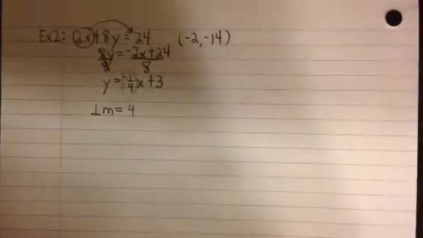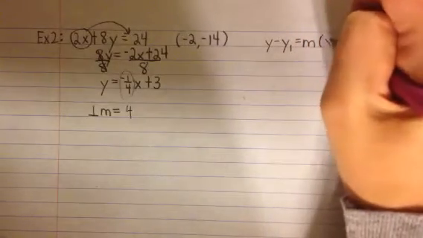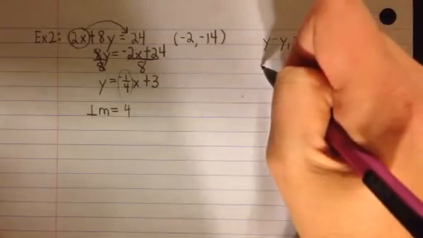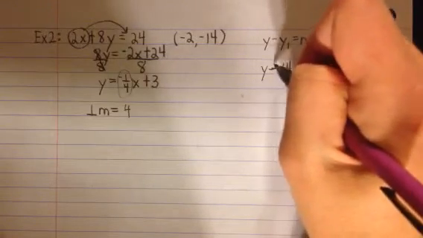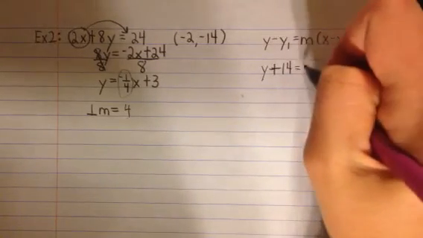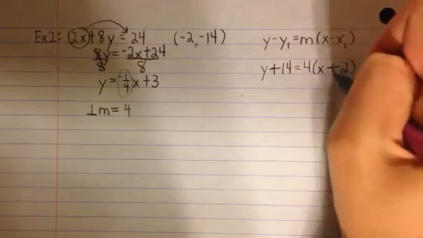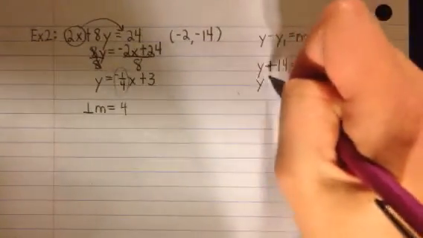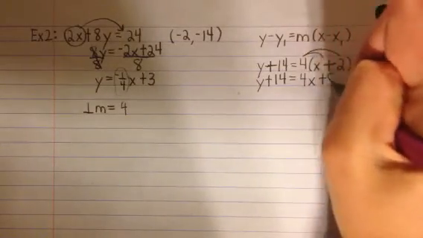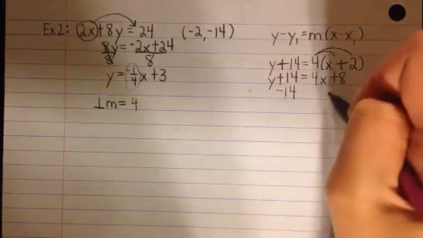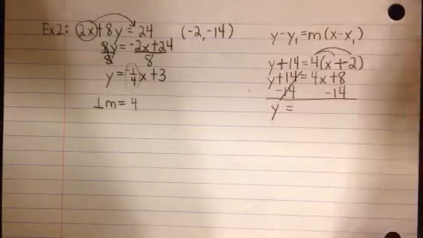Now using my point slope formula, y minus y1 equals m quantity x minus x1. I get y minus negative 14, so minus negative becomes plus, equals m, which is 4, x minus negative 2, so minus negative 2 becomes plus. So y plus 14 equals, distribute through, 4x plus 8. Last step, subtract 14. I get y equals